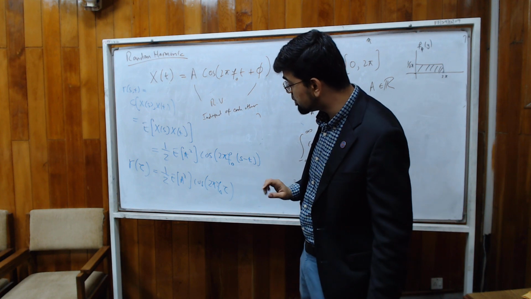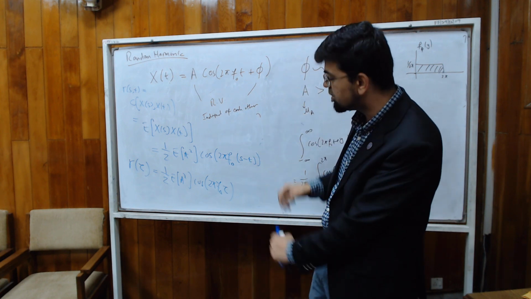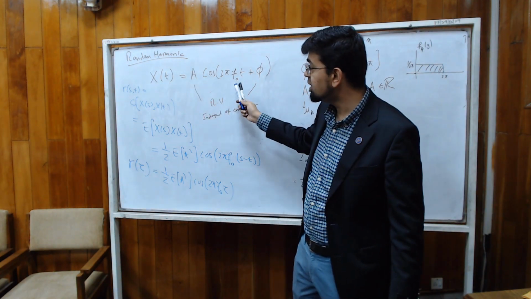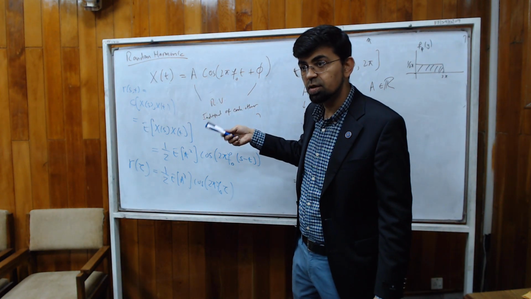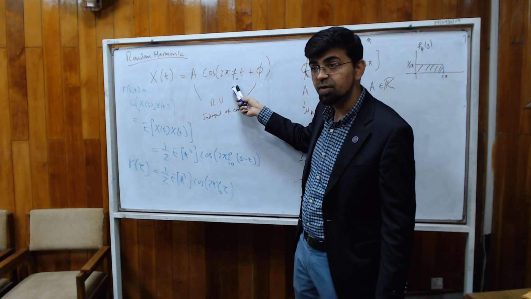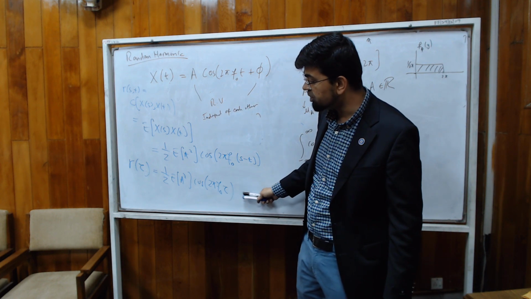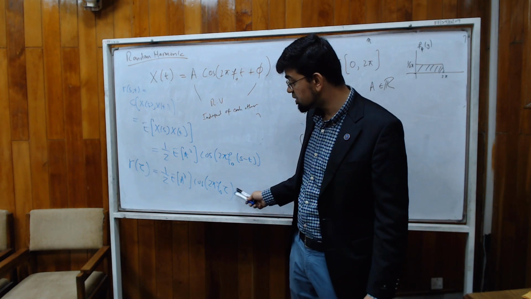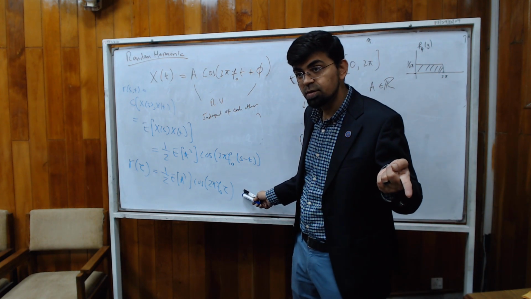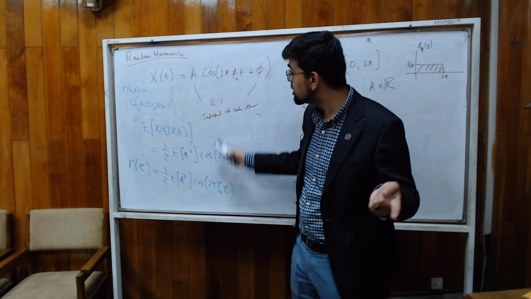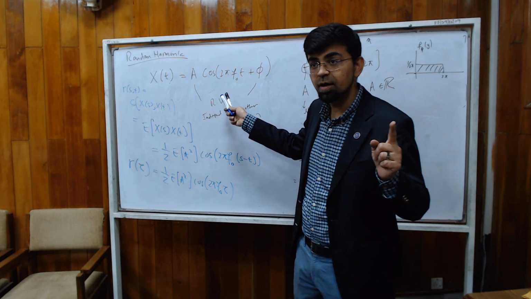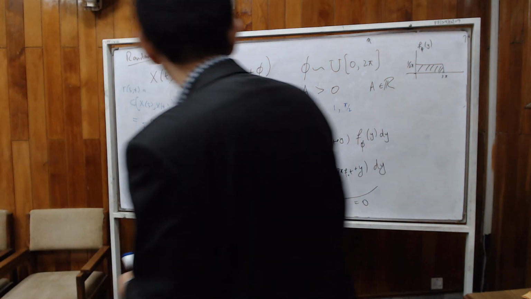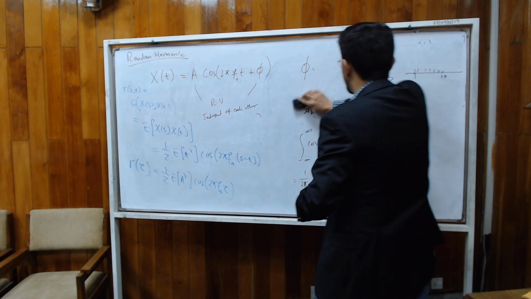But for now, what I want you to see is something very curious and interesting here. Notice that this random process did have a frequency in it, which was f naught. Notice the frequency of the covariance function. The covariance function is also a sinusoid, and its frequency is the same. In fact, if we had a sum of random harmonics,